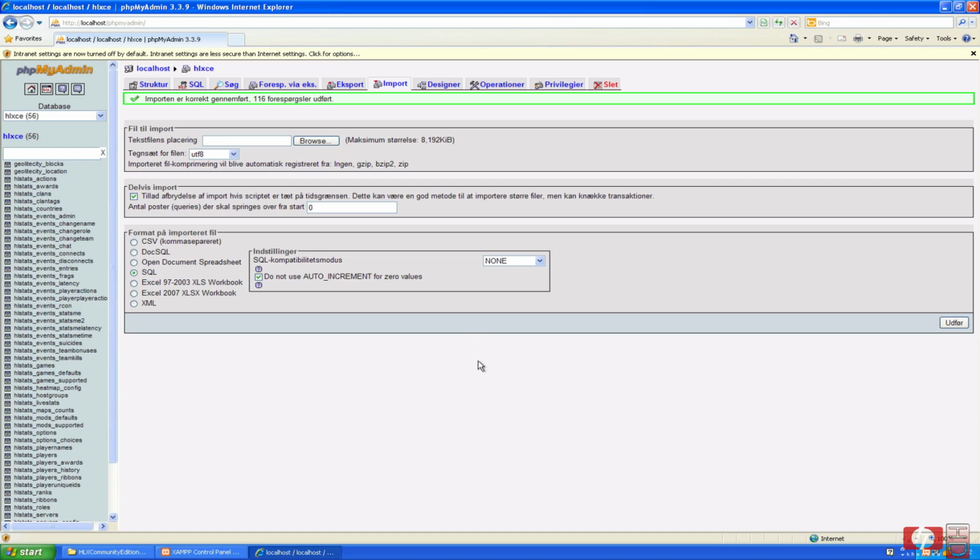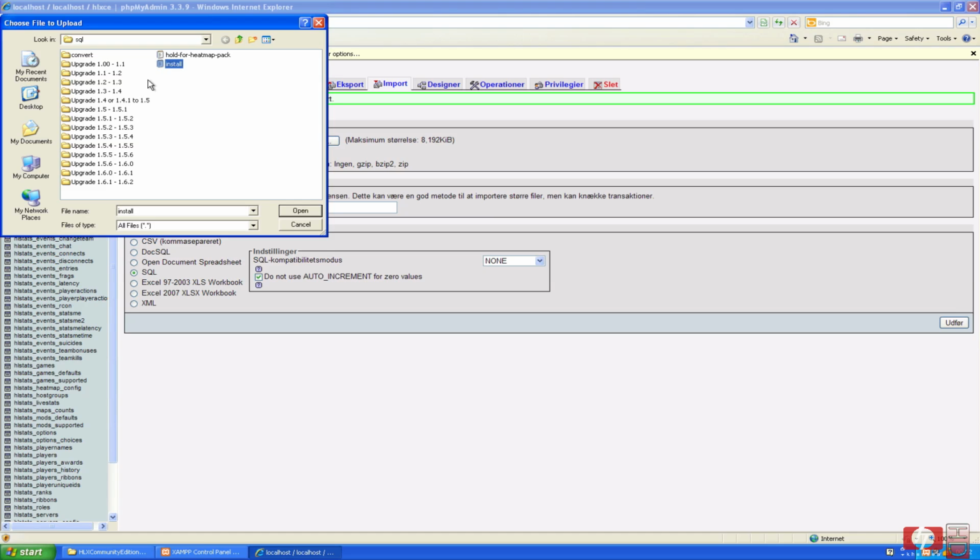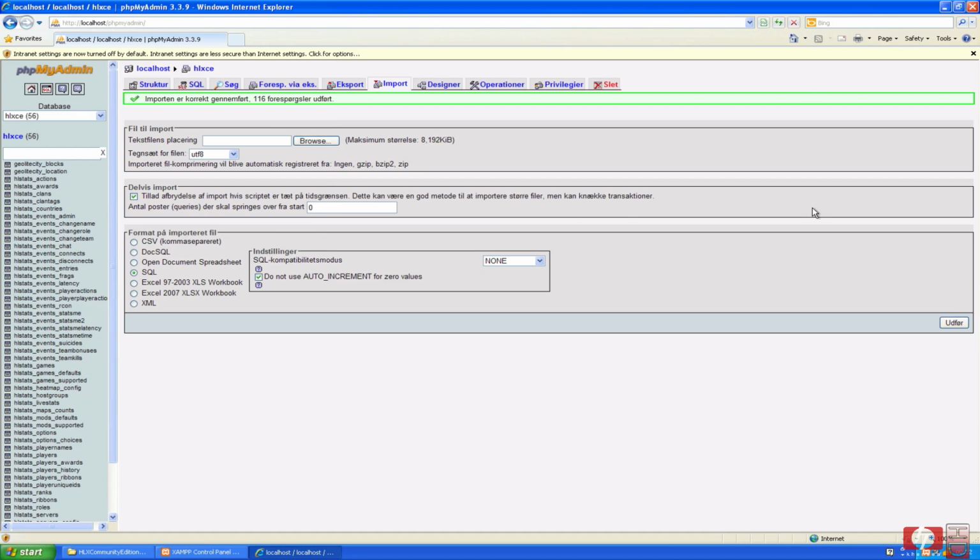everything. Also, to get back to what we made last time, we imported these tables with the import tab and selected the install file here in the SQL folder. The SQL folder was located in the HLX Community Edition here, the folder called SQL, and just install. If you're upgrading from an earlier version, you can select one of these and upgrade. So anyway, with that done,